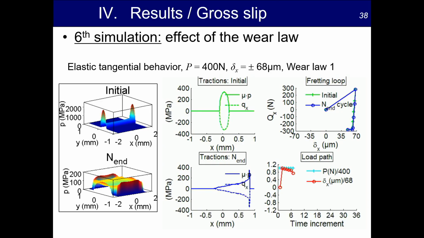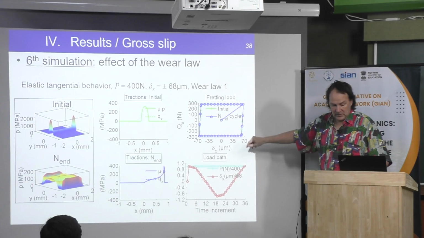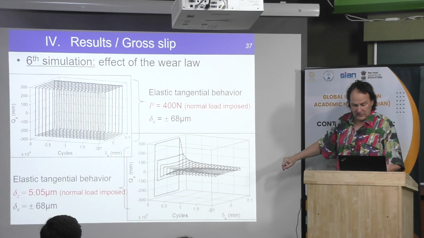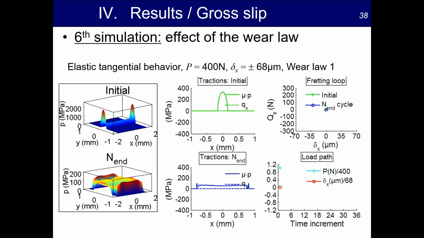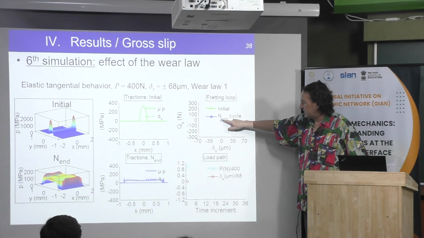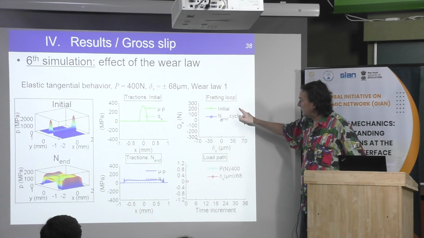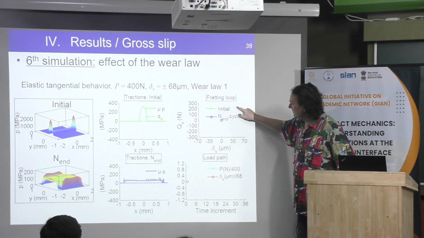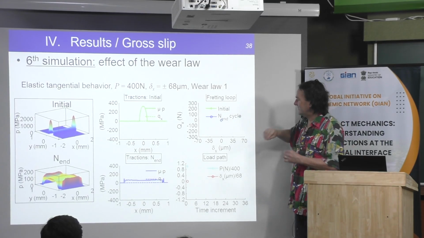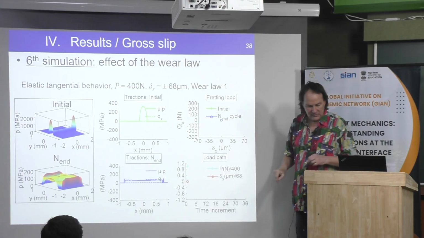And you can see what I've plotted here. Because it is moving, at the beginning we have stick slip, partial slip, and at the end we have gross slip. Then here, this is the end. So now here it's a fretting loop. Then we start from this point, and we'll have something which is in partial slip. It's like a small ellipse with a corner at the end. And in gross slip, we'll have something like that.